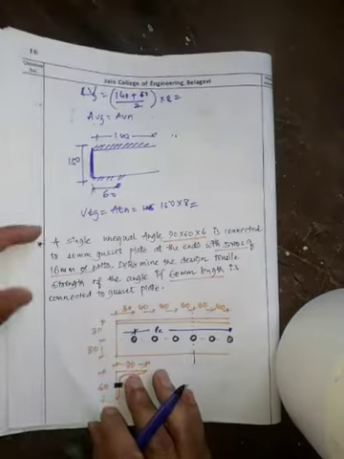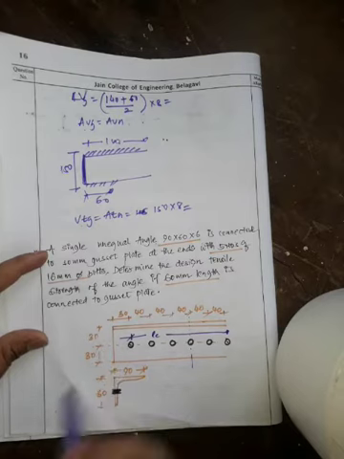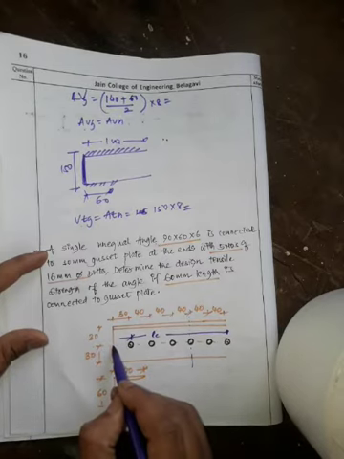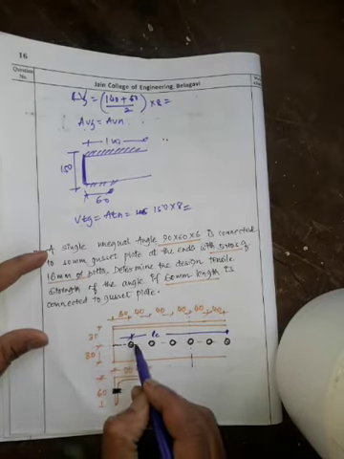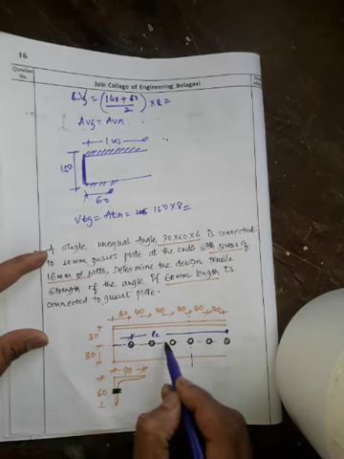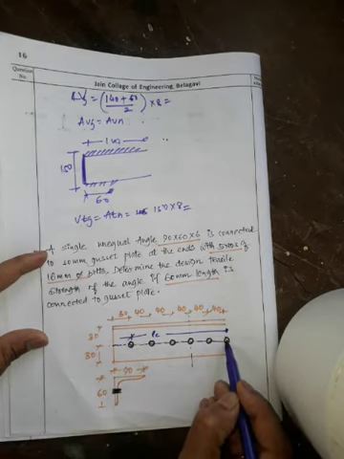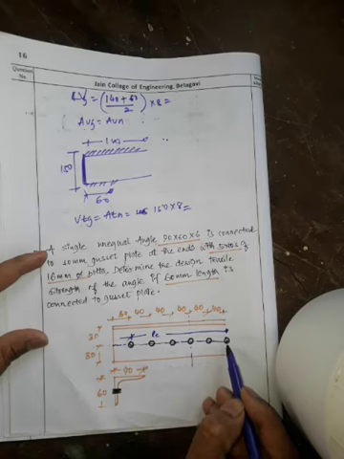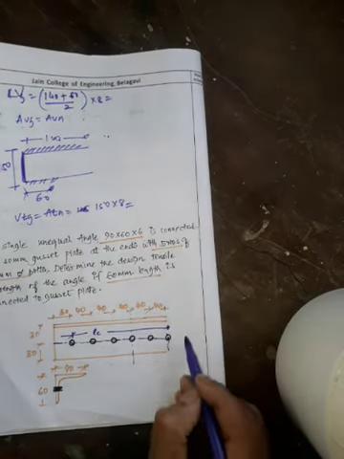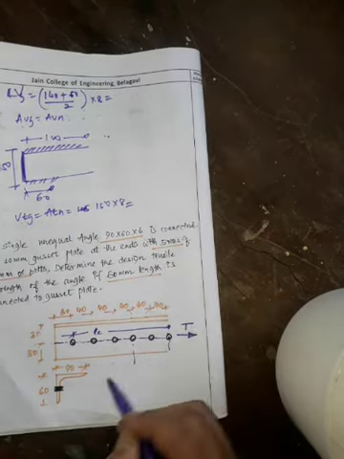Okay, so for this, how does the block shear failure occur here? Repeatedly I am telling you, the failure will start from here, and it will go and continue, and it will reach here, and then it will reach here. So this is our direction of force, that is P.